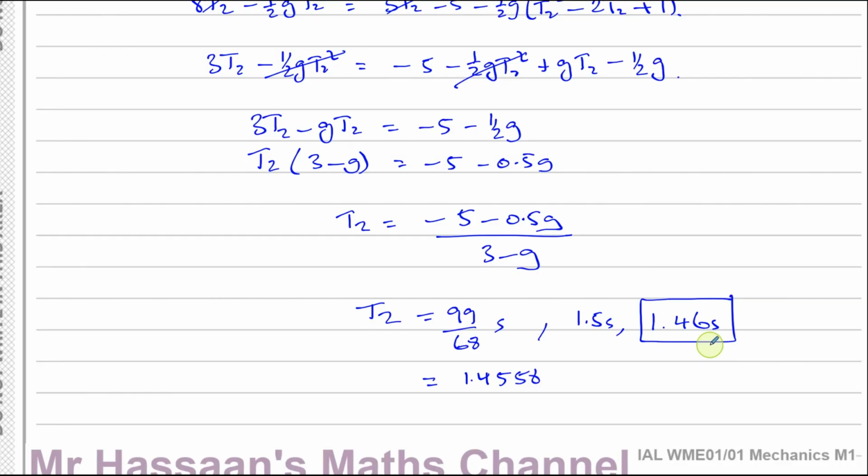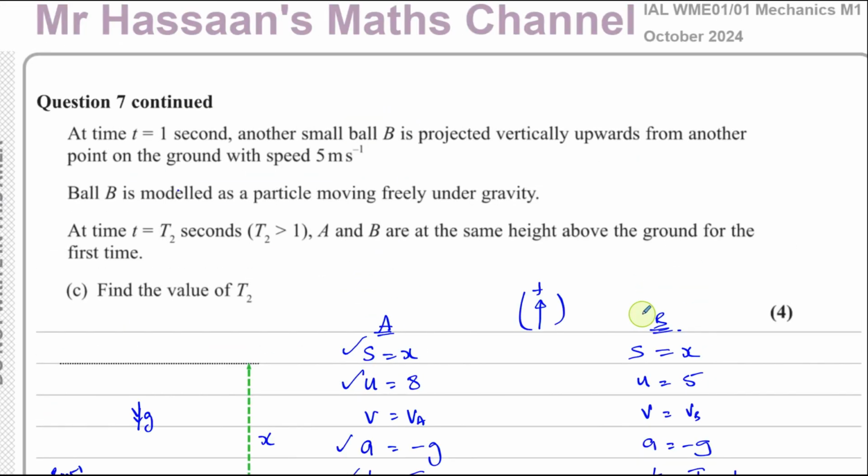And that concludes this question here from the October 2024. This is the M1 paper for Edexcel International A-Level. Other questions from this paper can be found in the playlist that will appear in the top right of the screen. Other questions from the topic of vertical motion under gravity and SUVAT type of questions, you'll find them in